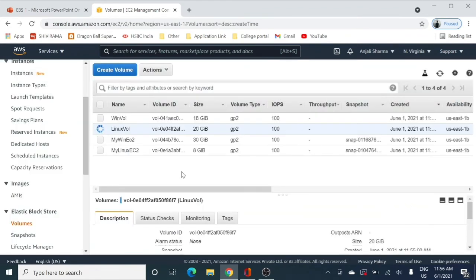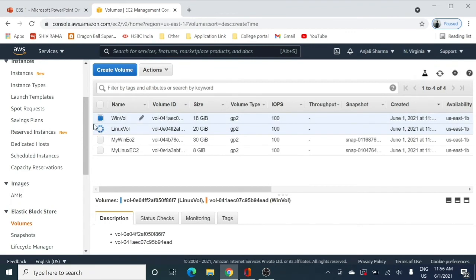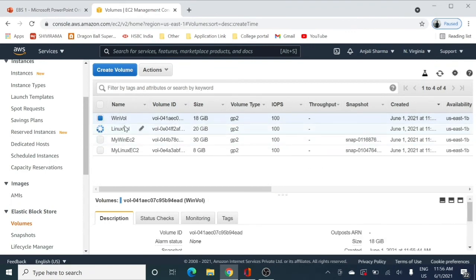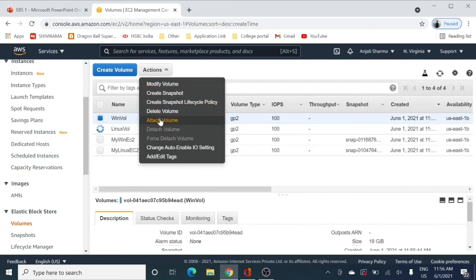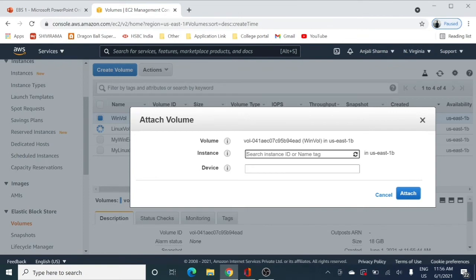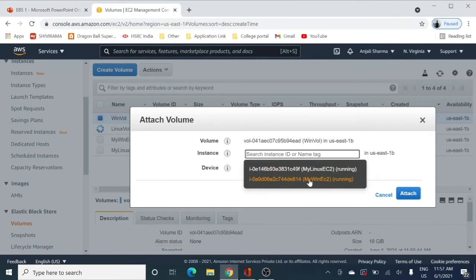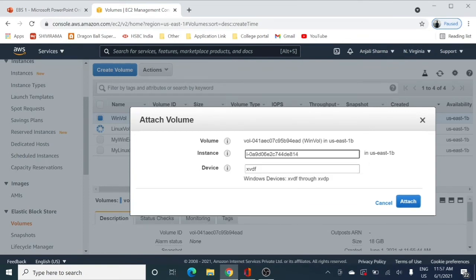That is that simple. Follow the same steps for your Windows volume. Click on your Windows volume, go to action, click on attach volume, go to the instance type and select my Windows EC2, right? There is no restriction.